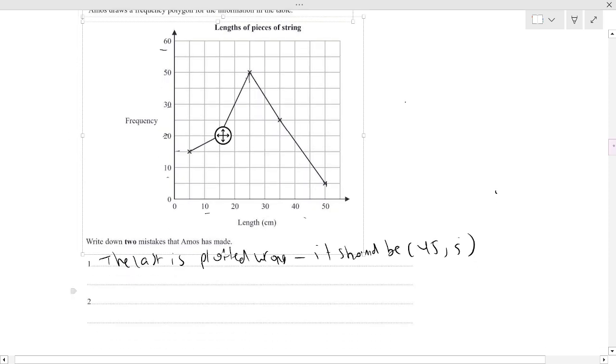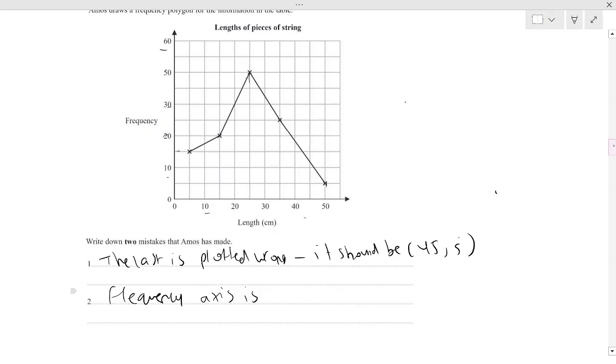So then the next mistake would be frequency axis is scaled wrong, particularly between 30 and 50. So I'd say